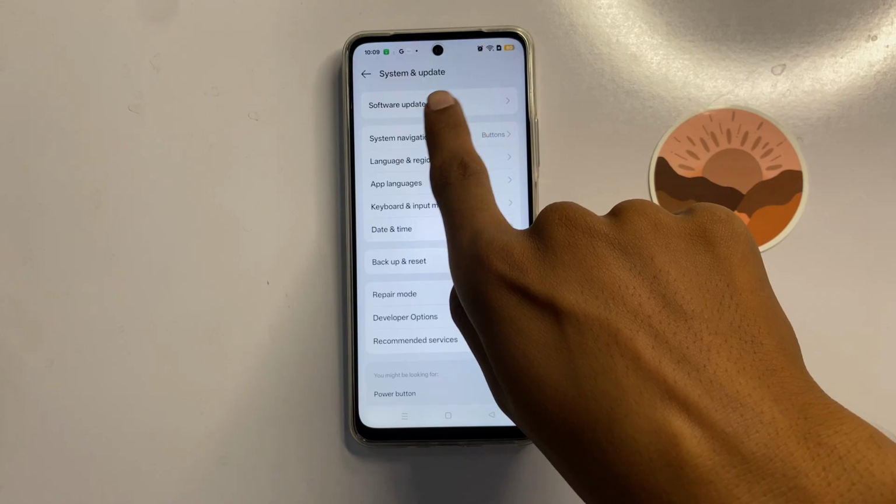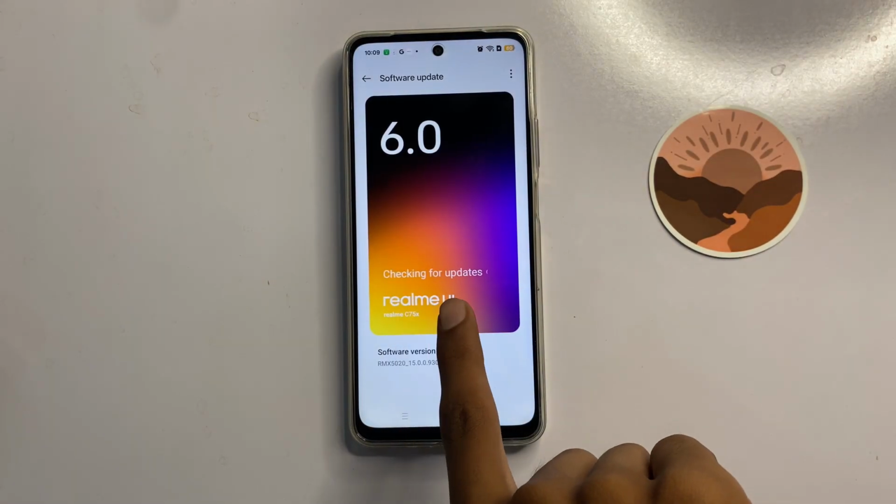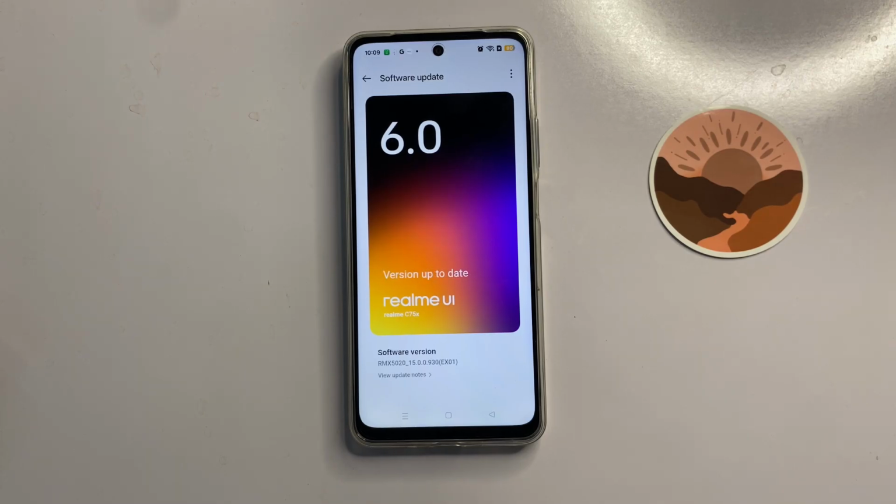Now click on software update, and here you can check whether your latest version has been updated or not. If it doesn't update to the latest version, then update it to the latest version. After updating to the latest version, then go back